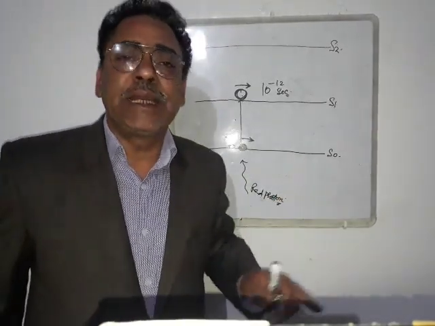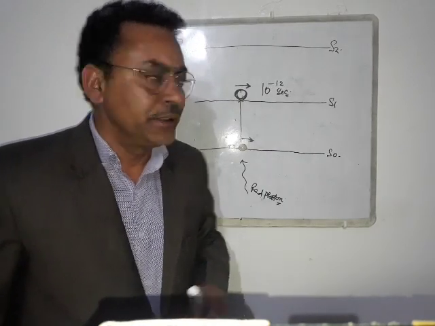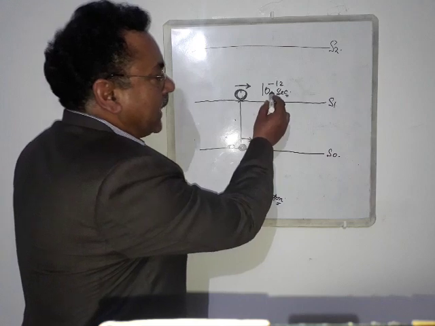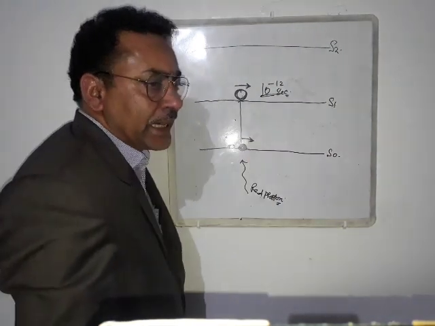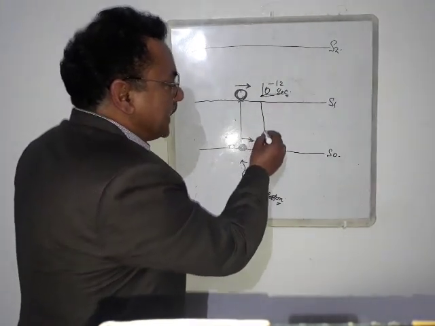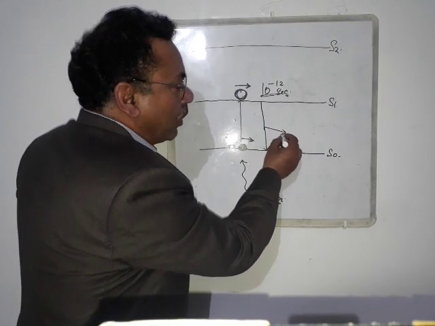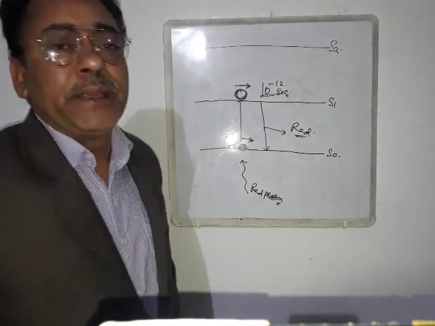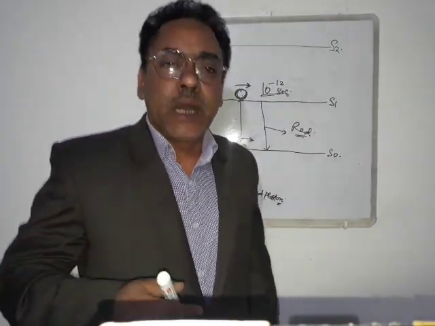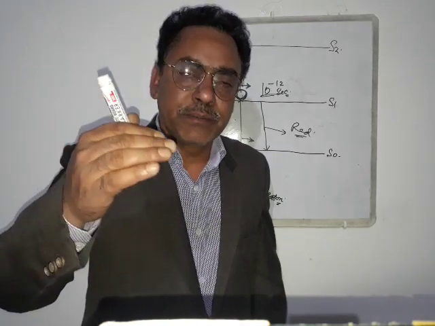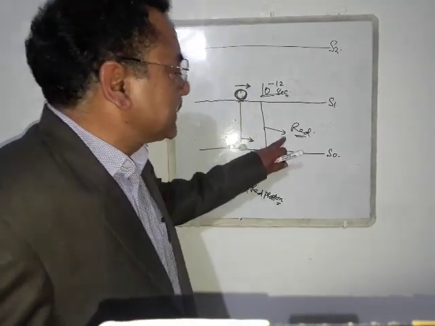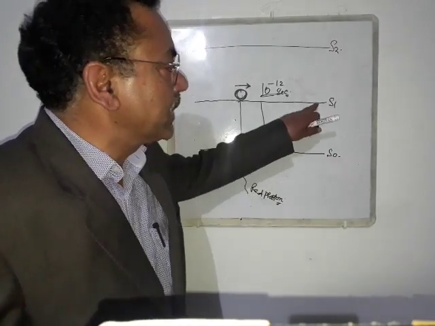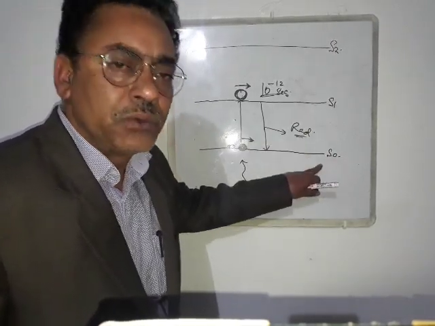Otherwise, if a suitable electron acceptor is not available, the electron will return to the ground state within 10 raised to power minus 12 seconds, losing the previously absorbed energy in the form of long wave radiation, that is red. It will give off its energy as red light and go to the ground state. And this immediate emission of long wave radiation while the electron is coming from S1 to S0 is called